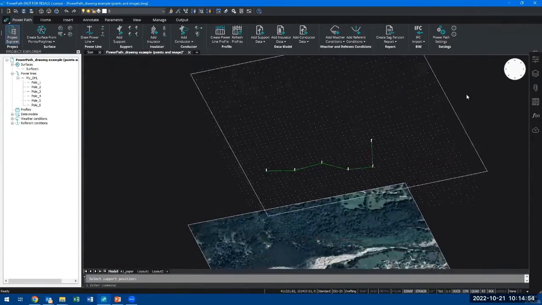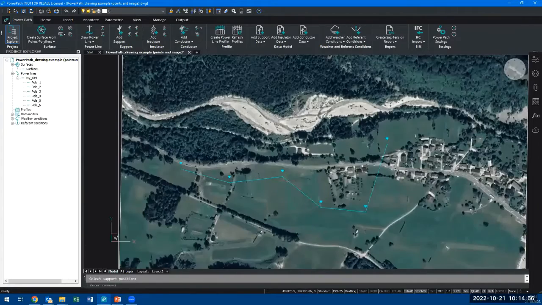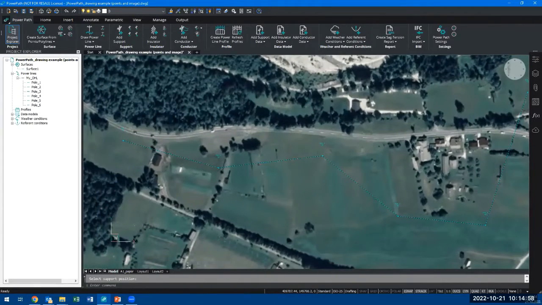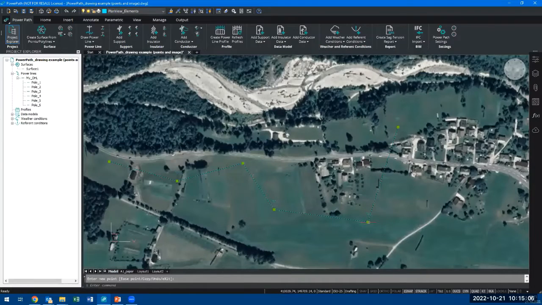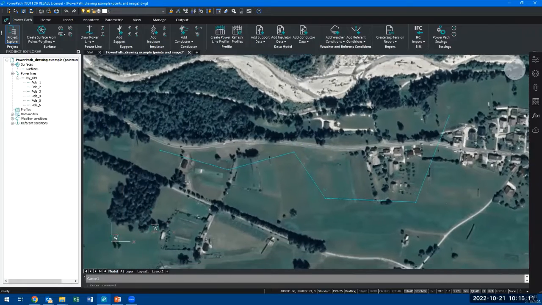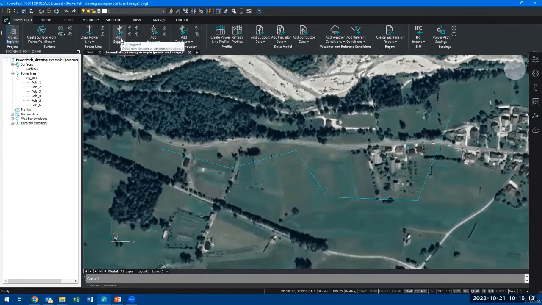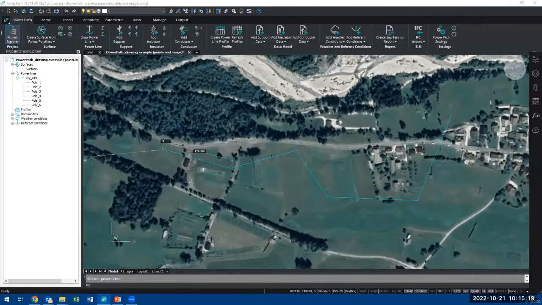If I want to edit my alignment, it is very simple. You just need to click on the alignment and move the pole where you want to move it. For example, like this. If you want to add new poles, you need to go to the command add support and define on which alignment you want to add, and you will get this